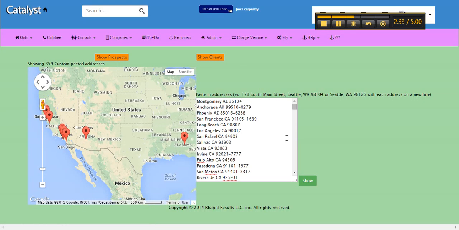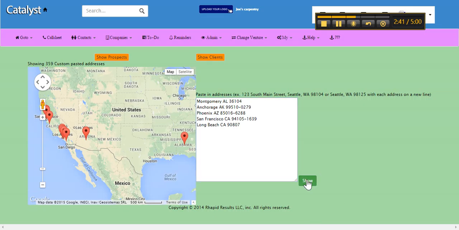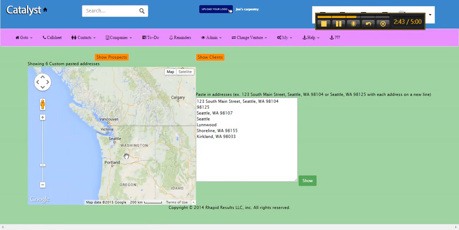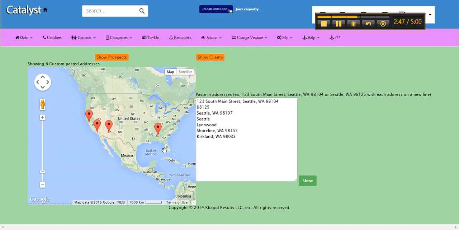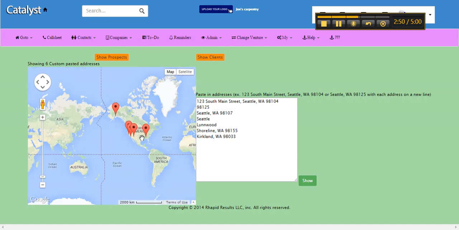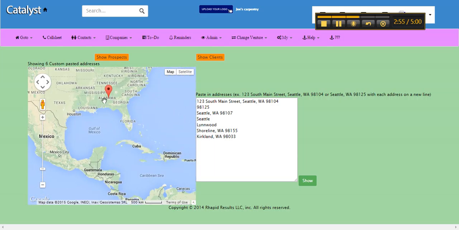You can see here I am able to paste in just city, state, and zip, do my search that way, and just see on the map where those few are. So it doesn't really require much data for you to get a good data sampling here. And of course, the further you scroll out, you can get to the entire world map or zoom into that particular